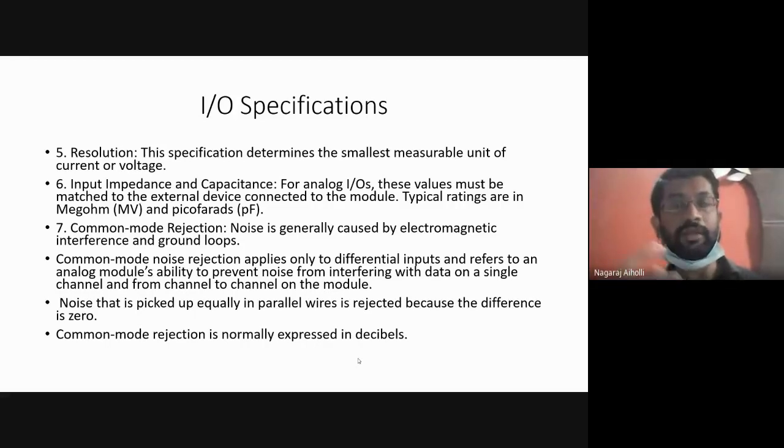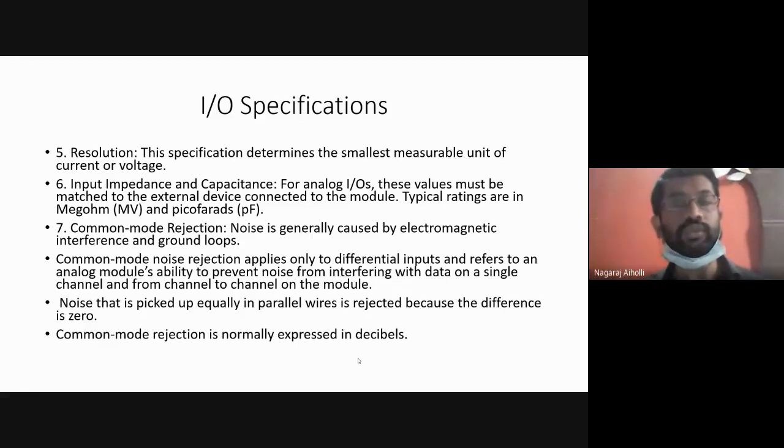Yes or no? 5 millivolts minus 5 millivolts, it will be 0. So both will become cancelled. One we are applying to the positive terminal, another to the negative terminal. Whatever noise signal is applied to the positive terminal minus the noise signal applied to the negative terminal will get cancelled out if they are equal in magnitude, or they will get reduced because there is a difference. Suppose one is at 5 millivolts, another one is 3 millivolts.